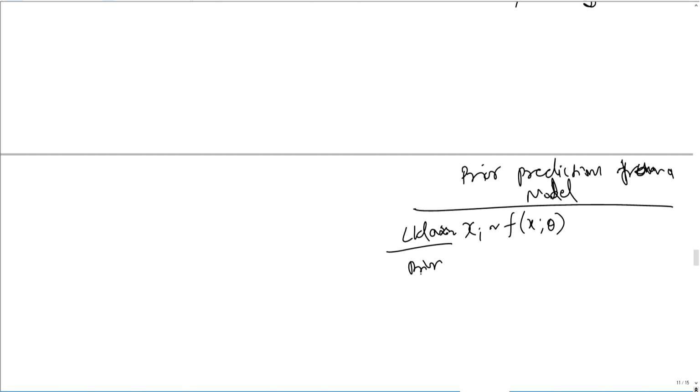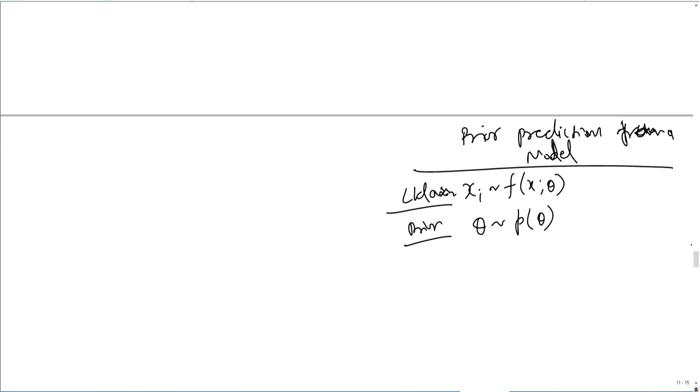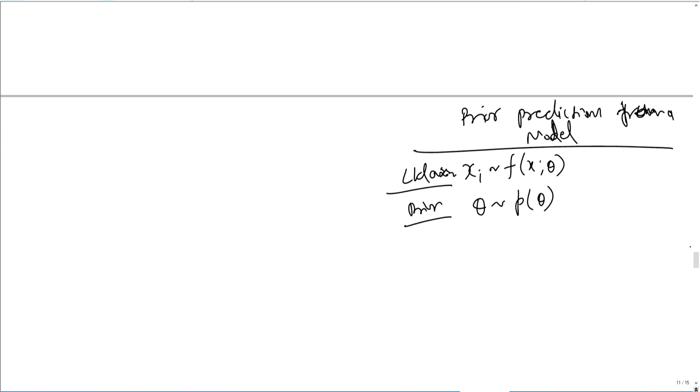Then you have your prior assumption. So, let us say theta comes from p of theta. That is your prior assumption, okay. Now, we have the likelihood assumption and the prior assumption. Now, you can generate prior predictions from the model. How? What you can do is determine how many samples you need from the prior. So, how many prior predictive samples do you need? Let us say you decide that number, which you can call number of simulations,